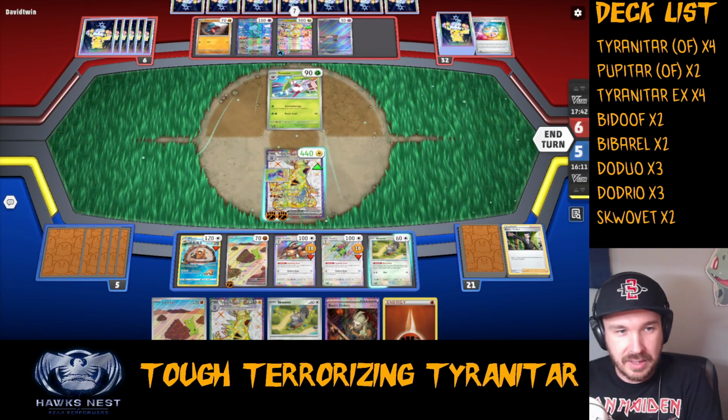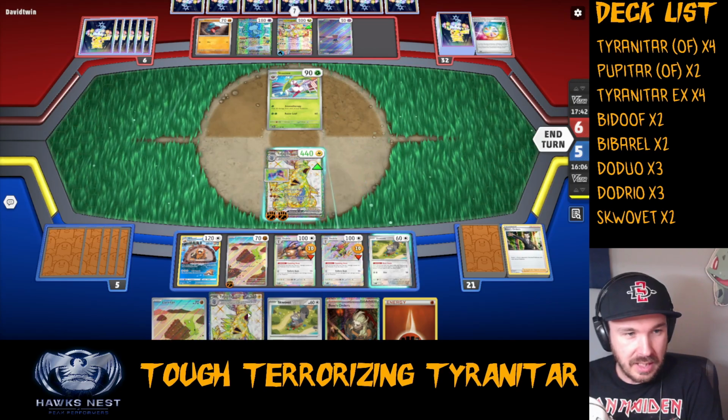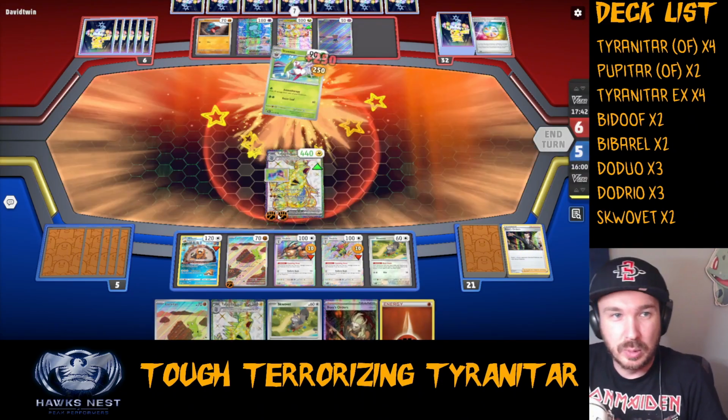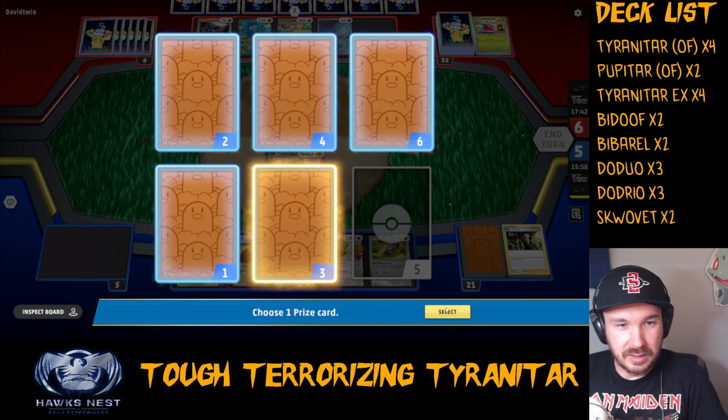I'd like to imagine now that there's two of them, they just run into each other. Do I want to Nest Stash? I've got him in hand, so I want to keep that. So now we can be hitting for 250 a turn. Let's go! This one's going to be interesting. I wonder if he's going to...